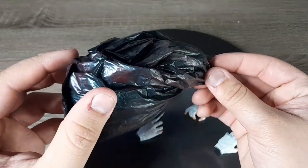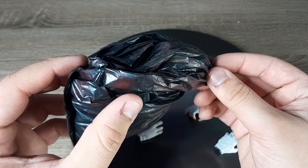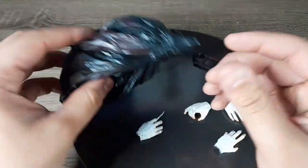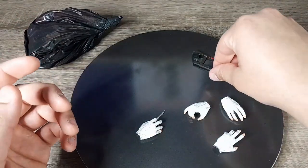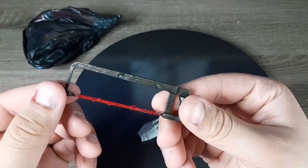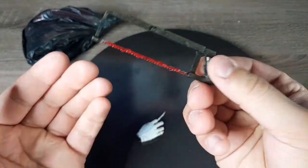And I do kind of like the darker, the more red looks here. I do like that. But yeah, we have a garbage bag for him, so I think that's really cool. What I did with the hacksaw, which in the review I struggled to figure out the actual name of this thing,